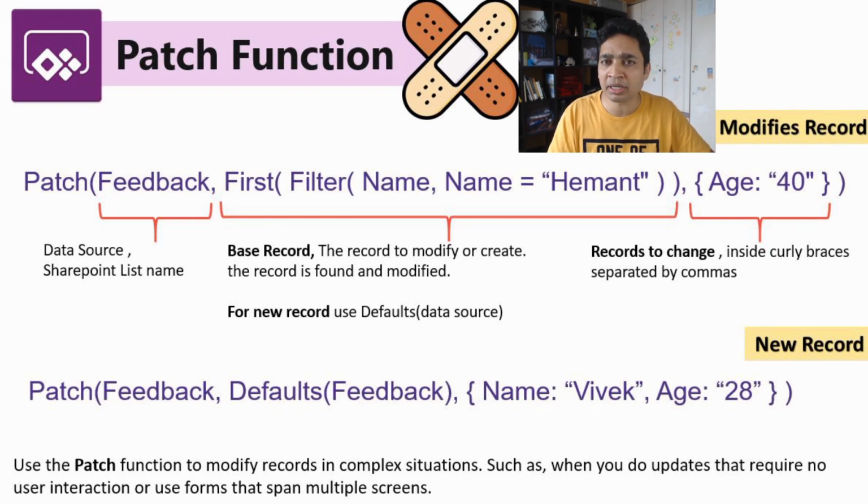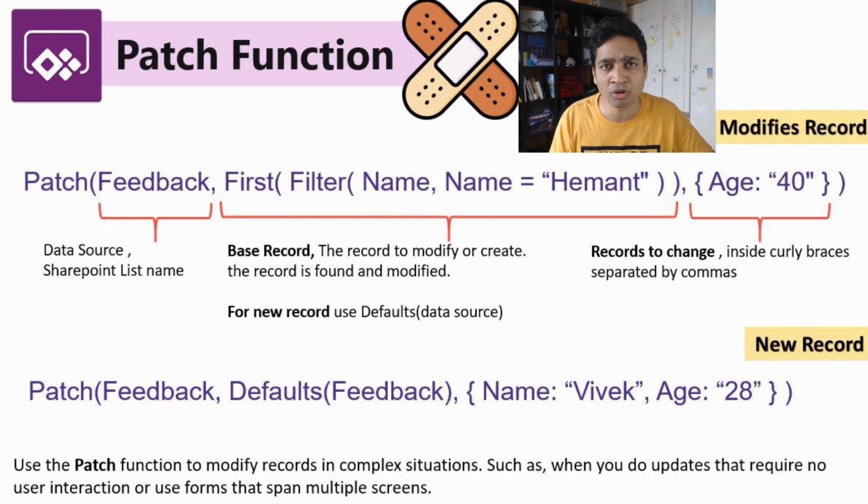Then the second parameter would be the filtering that you're going to do to fetch one single record out of your data store, which you need to patch. Right now this patch function is modifying a record, so I'm filtering and getting one single row of data out of your data store. So how do you do that? Right now what I'm doing is filtering the name column in the whole list, where the name is equal to Hemant. So I'm looking in the column called name where the name is Hemant,